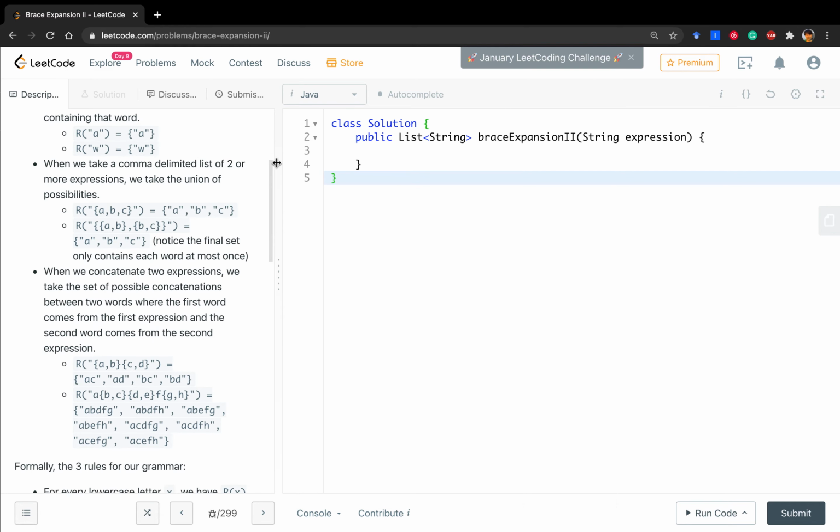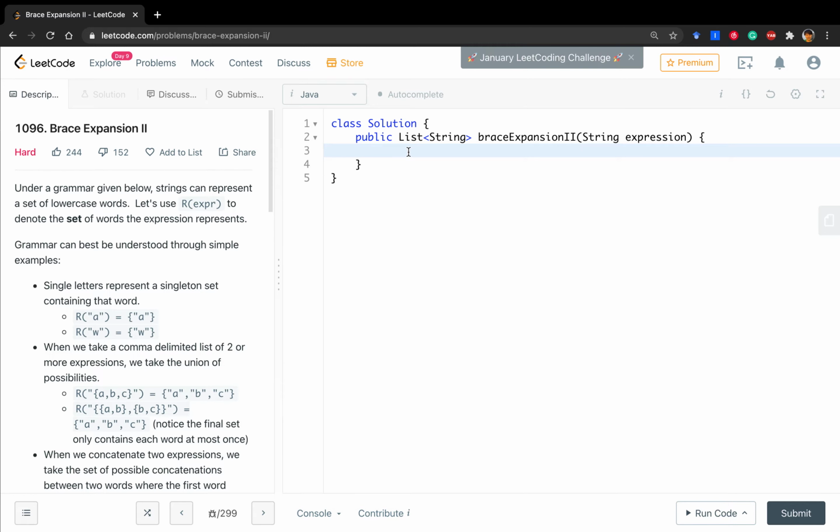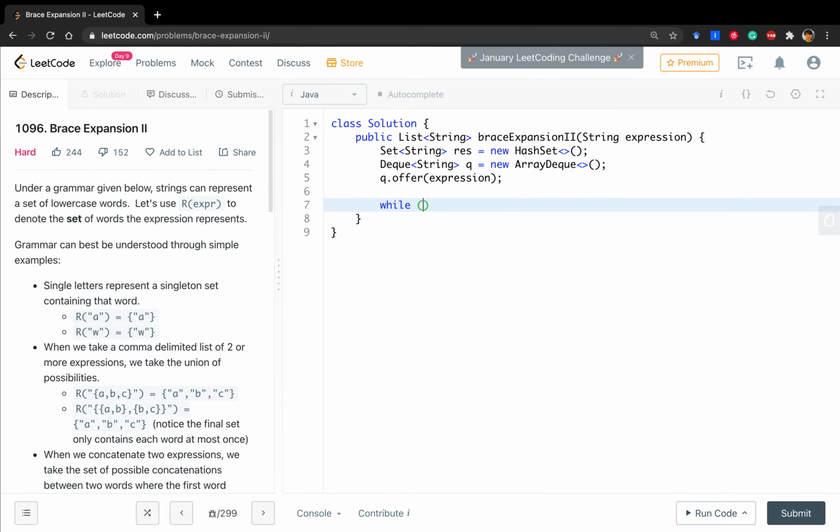You will understand the algorithm better. So, as we said before, we need a hash set. We call it result, and new hash set. And we need a queue with a deque of string, and we call it queue. This will be an array deque. First, we offer the current expression into the queue, and while this queue is not empty, we get the current string,